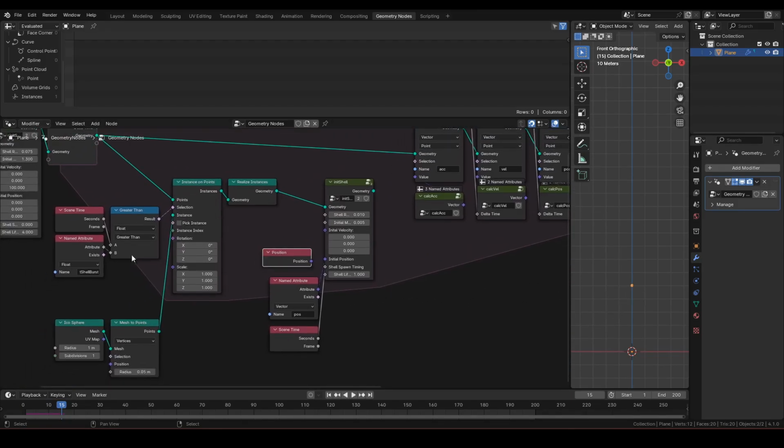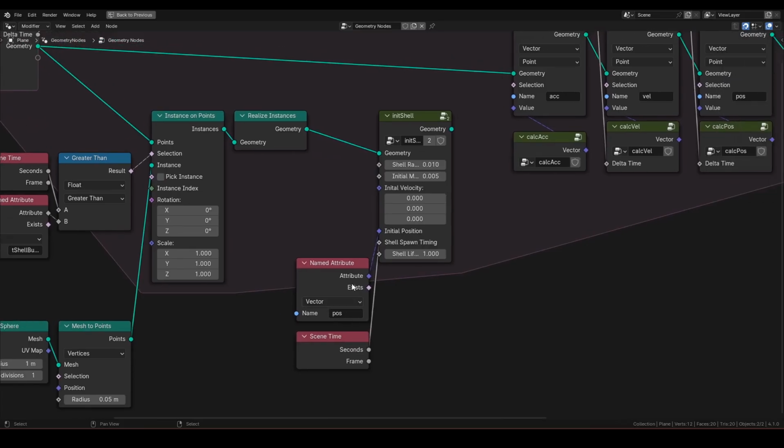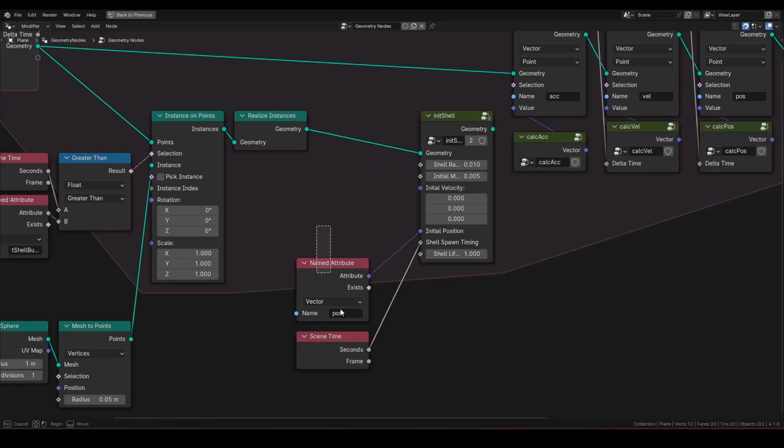If I were to use a position node instead, this takes the value of instanced object, which is the icosphere. Since the initial position I want to use here is that of the parent, named attribute pause is used. It is confusing, but just know these two position values are different at this point.